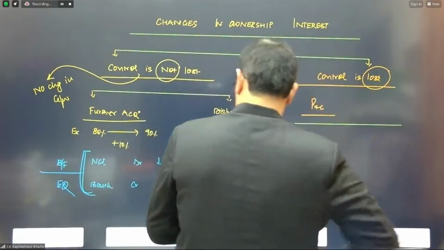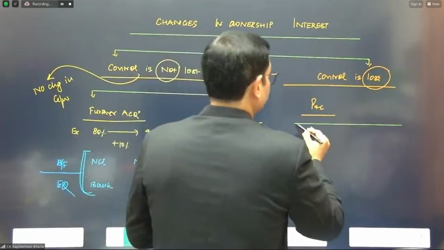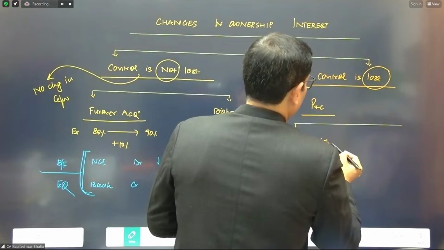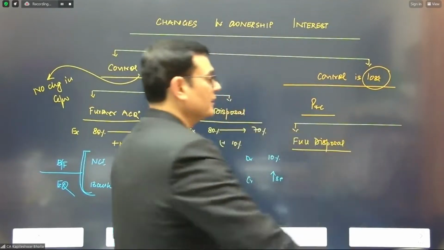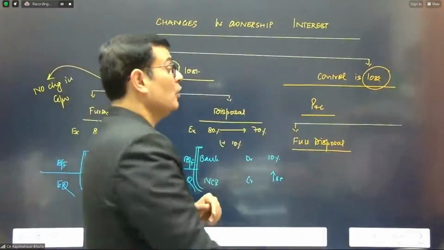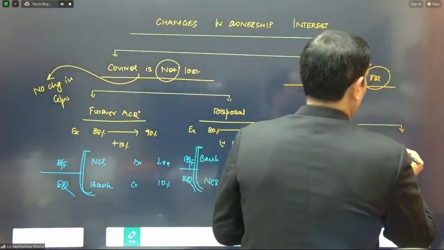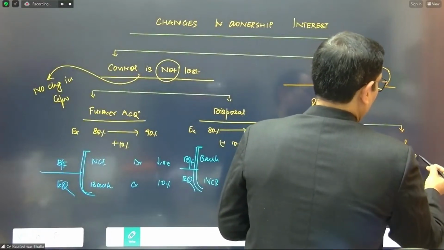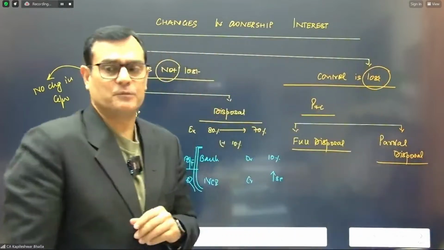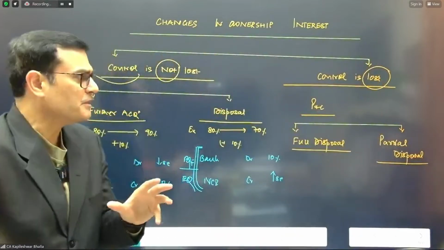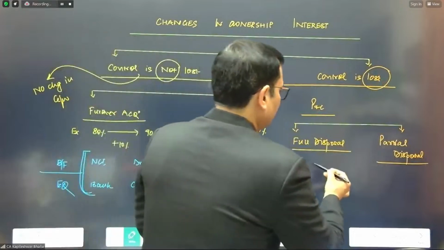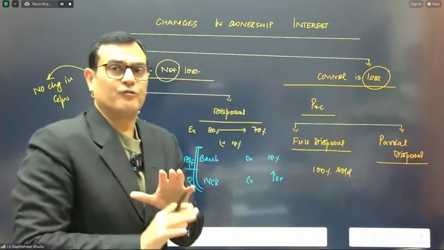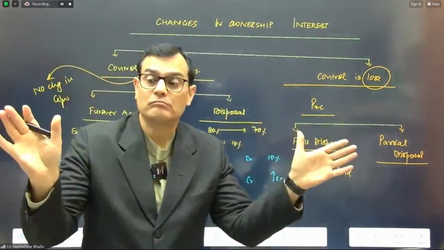it can be a case of a full disposal. It cannot be a case of further acquisition. It can only be a case of a full disposal, or it may be a case of what we call a partial disposal. So either there is a full disposal or there is a partial disposal. So let's see the permutation combinations which can arise. A full disposal, of course, means 100% is being sold. So from a control, you stand at 0.